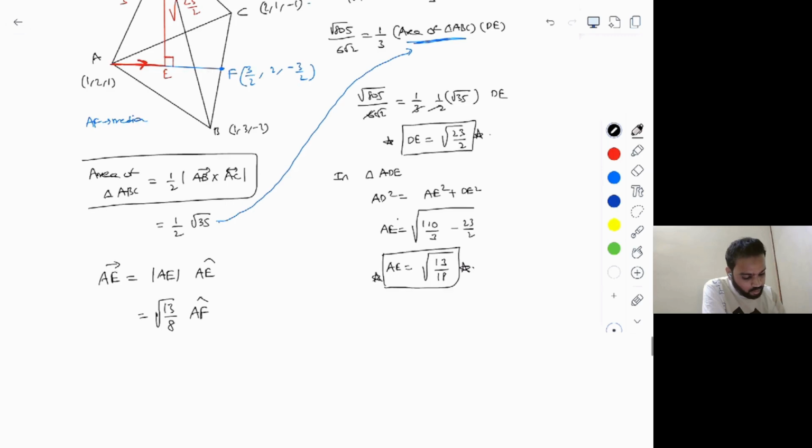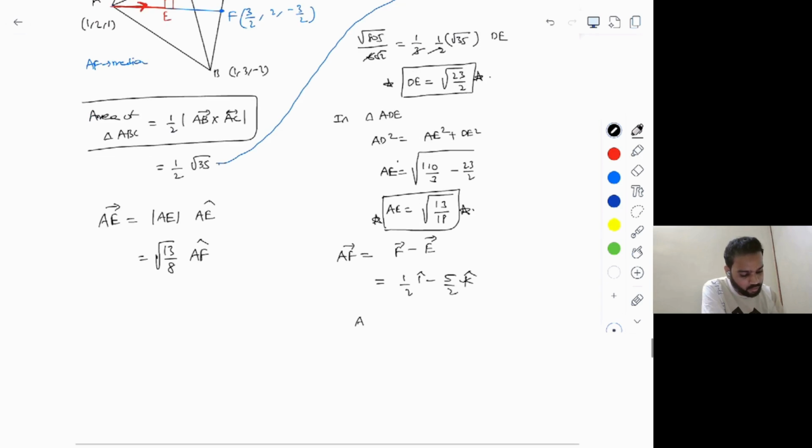Okay. Now you know how to calculate the AF cap, right? First thing you have to calculate AF bar. AF bar is nothing but F bar minus E bar. So if you look at the diagram, F bar minus E bar will give you 1 by 2, and 2 will be cancelled out, and then 1 by 2 I cap minus 5 by 2 K cap here. And from here, I think you know how to calculate the AF cap here,